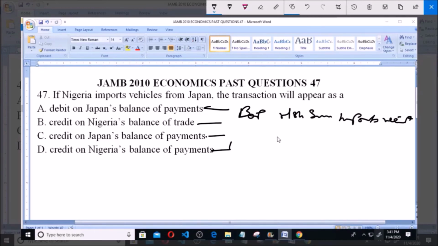When the receipts from invisible and visible export trades become greater than the payments to other countries on invisible and visible imports, then it is called favorable balance of payments. So in this case, our option is option C. It's a credit on Japan's balance of payments. So option C